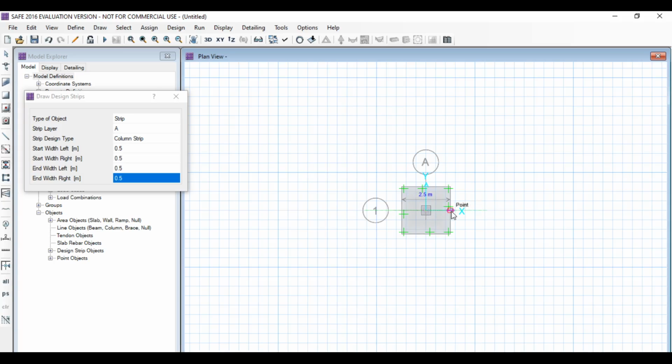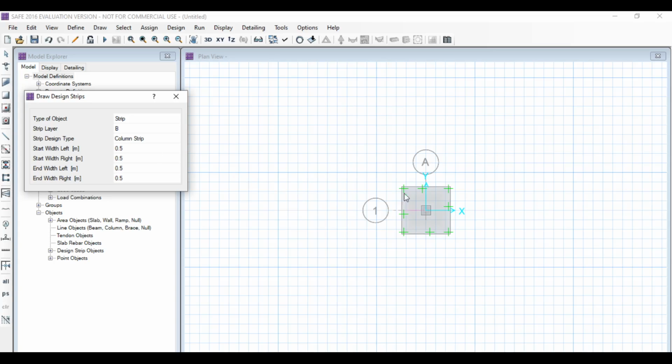Again go to the midpoint of the right edge, click on it, and again right click anywhere outside for exiting the cursor.